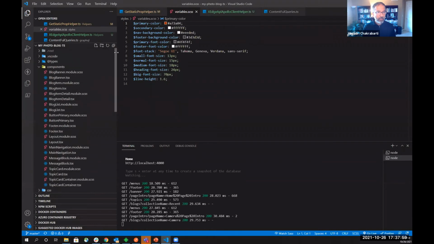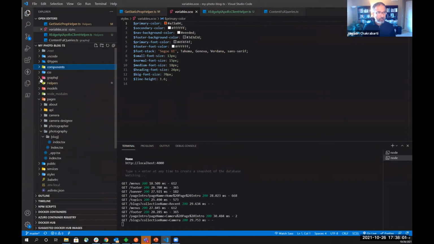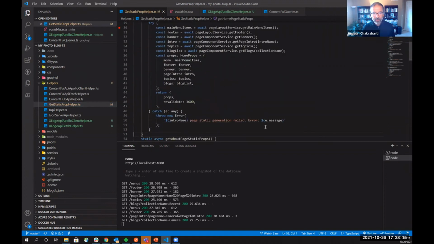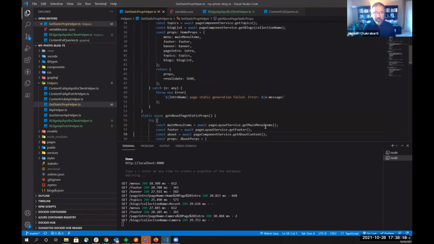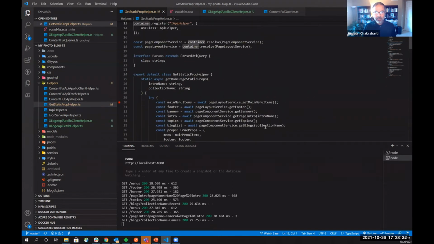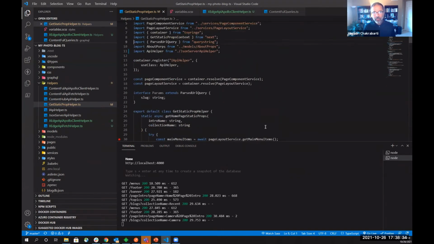This is the component pages and this helper. As I said, this get static prop helper does create all the functions which create the static page, like get about page static props, basically about data for the about page, and it gets that data. So the main thing here, as far as the dependency injection goes, is this container says what is